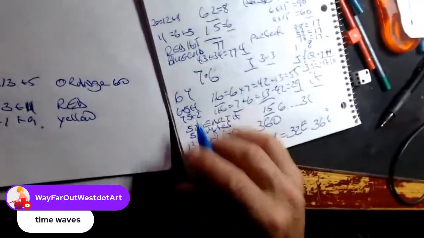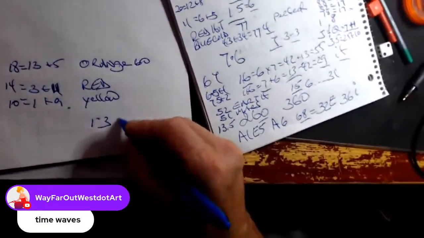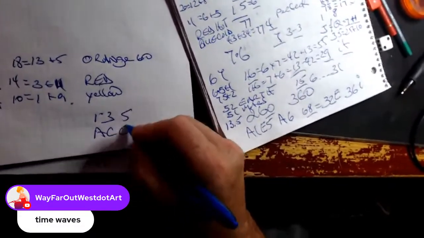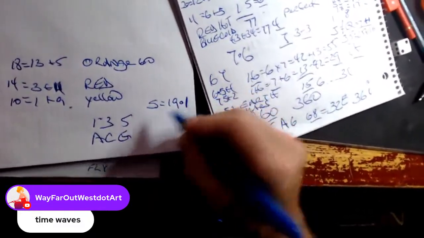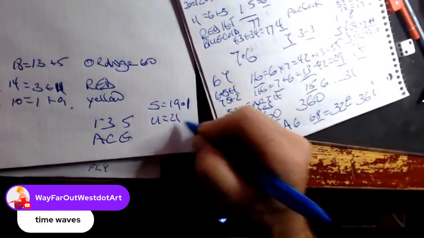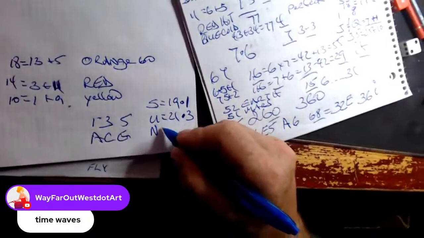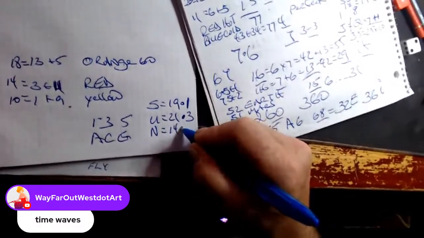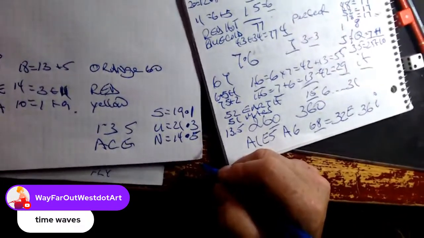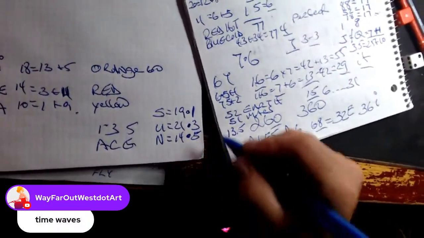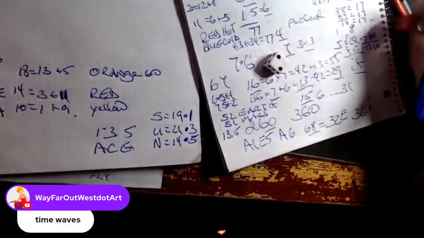And also note that the 1, 3, and 5 says A, C, and E. And also the S is the 19th letter, 1. The U is the 21st letter, 3. And the N is the 14th letter, E. This is their reality. And when you look at the dice,